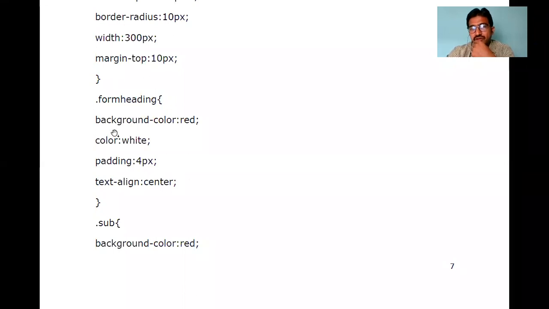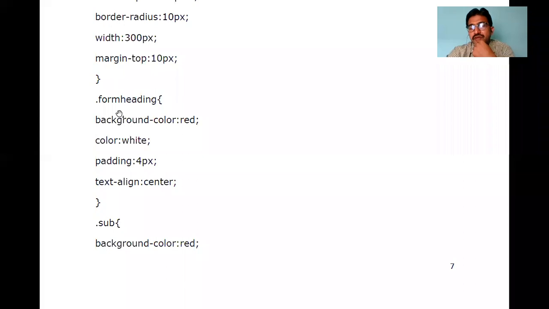That applies only to that particular element. If you make it a class, then whichever element uses class equal to form heading, the style is automatically applied to that element.